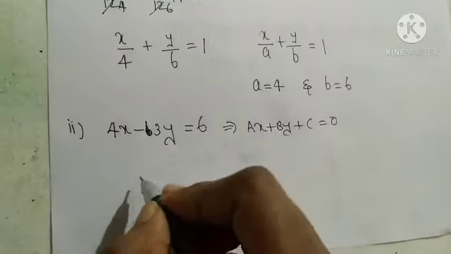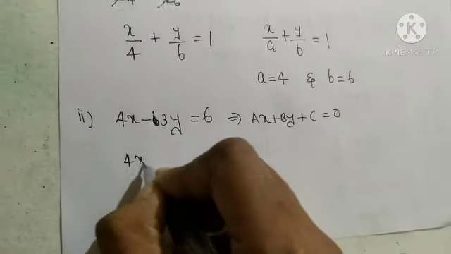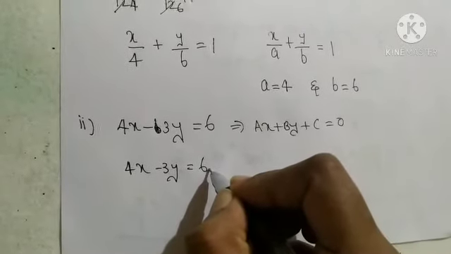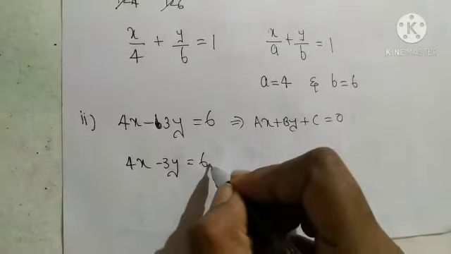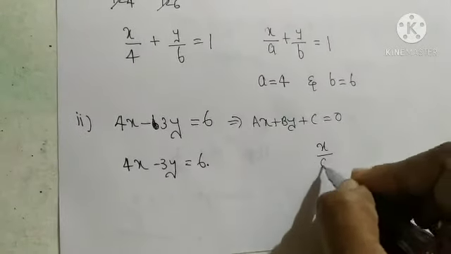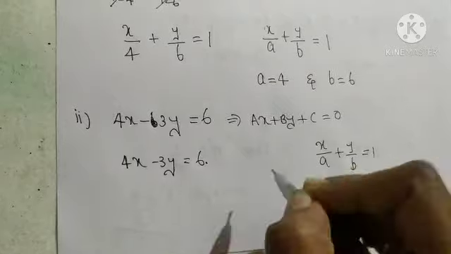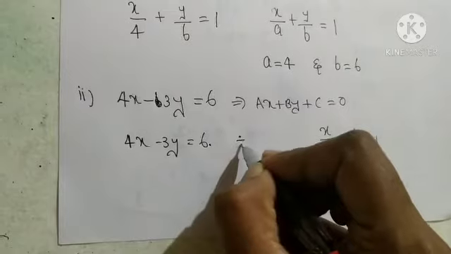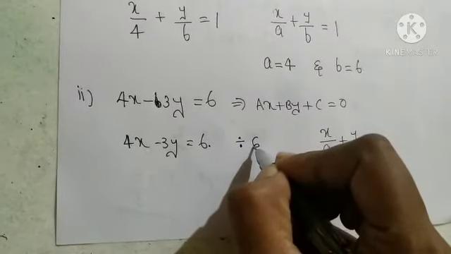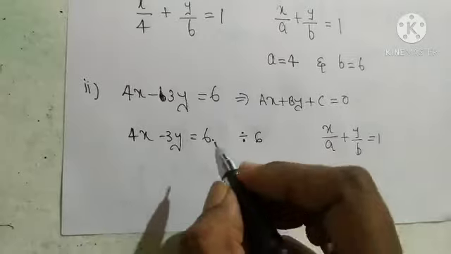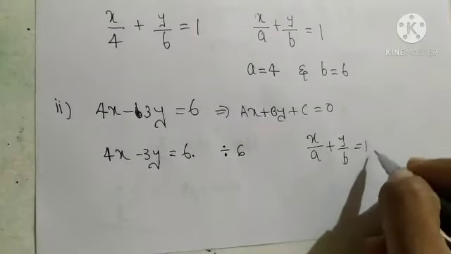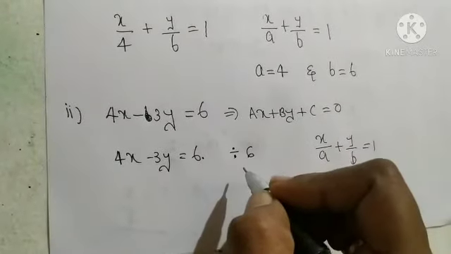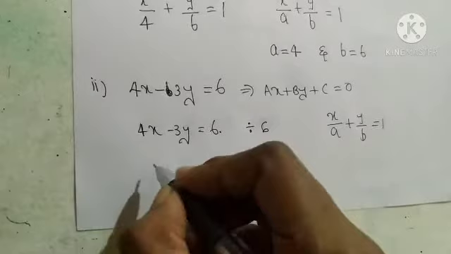So next I am going to convert this general equation of a line into intercept form, that means x by a plus y by b equal to 1. So for that I am going to divide throughout by 6 on both sides, because in intercept form RHS is 1. So for making this 6 to 1, we have to divide throughout by 6 on both sides,